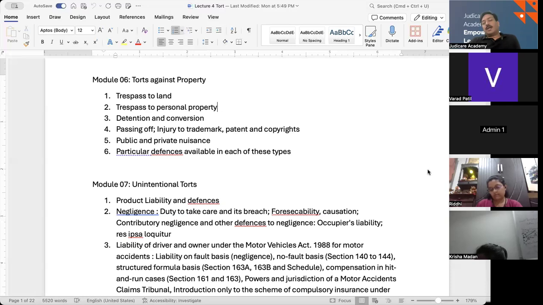Or if you have a car which is not working fine, the tires are not properly inflated, the brakes are not working fine, you know that, and still you are using the vehicle instead of getting it fixed, then you cannot come back and claim to the car manufacturer that this is your defective product. It's a defect in a product which is part of daily use, and knowing that, you have used it, which cannot be claimed under a tort, and that comes under assumption of risk. You should assume that this risk is there if you're using it this way.